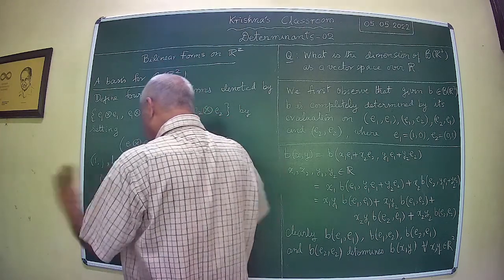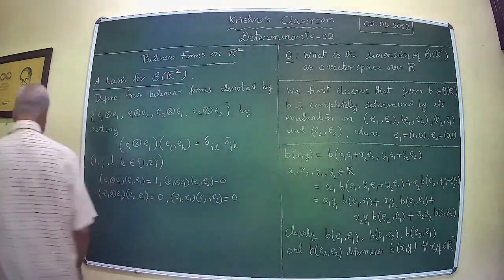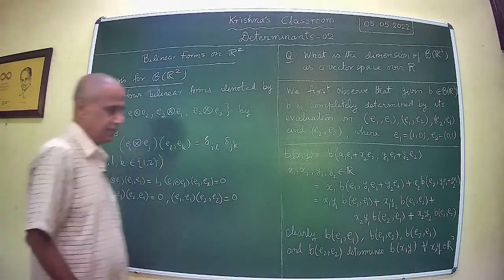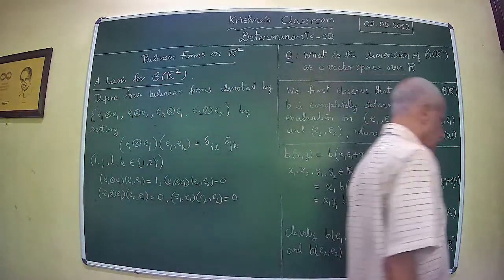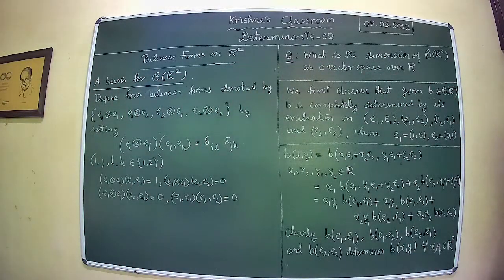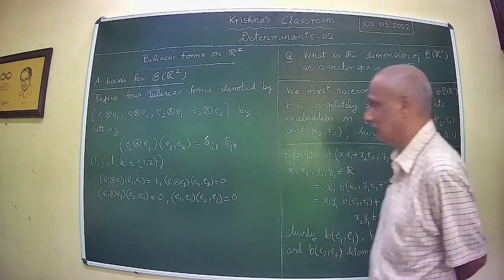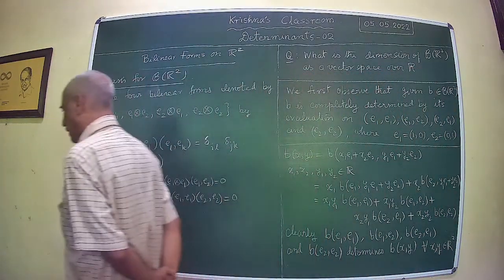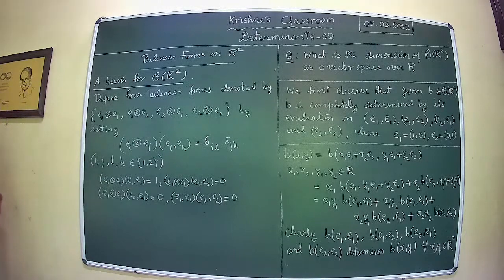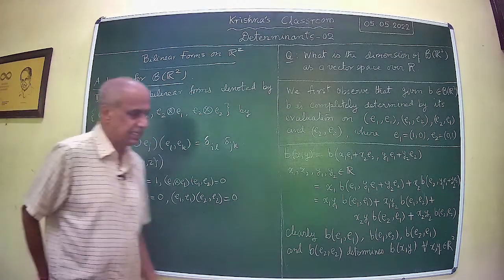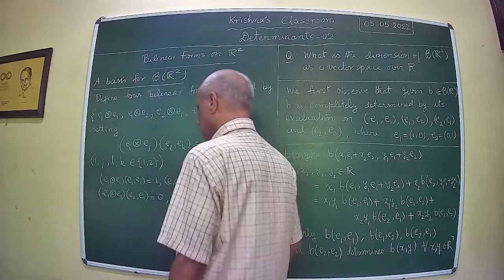So 4 bilinear forms are now well defined. Okay. Right. Now what do we do? We claim that these bilinear forms form a linearly independent set. So we claim